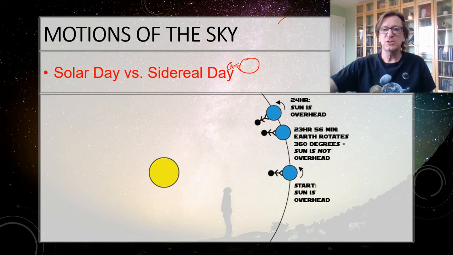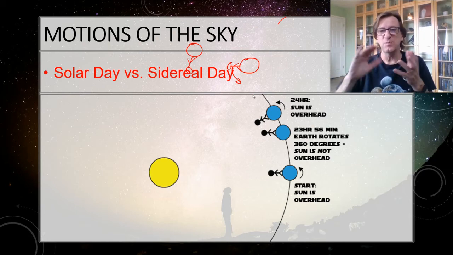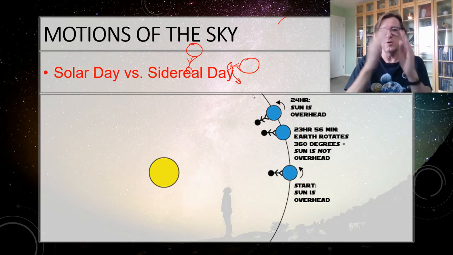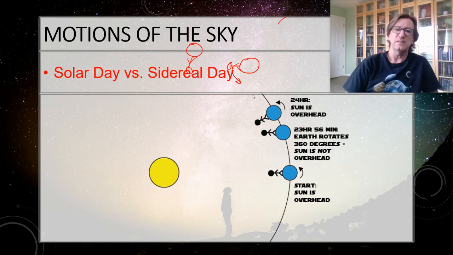Do you see that I've got to turn even further in order to get so that the sun is directly over my head? In fact, I'm going to have to be all the way over here before the sun's over my head. So that means then that the solar day is actually going to get longer. Think about it. This is one of those tricky ones that's really kind of hard to visualize. When I do this in a live class, about one third will say longer, and one third will say shorter, and one third will say it stays the same.